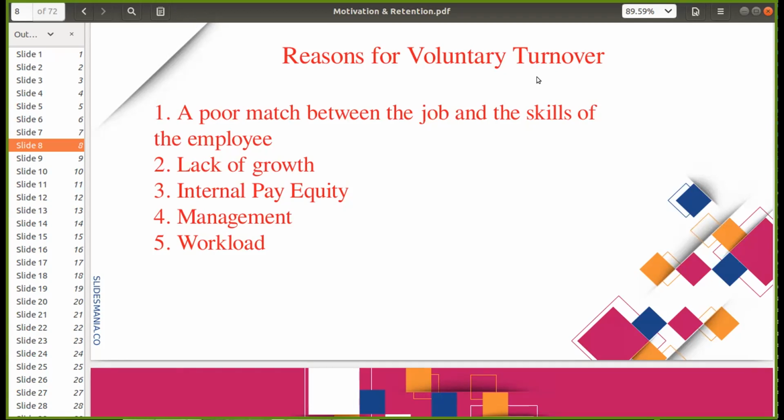So managers not being fair or playing favorites. Right? Lack of or poor communication by managers and unrealistic expectation of managers. So masyado nag-expect ng mataas doon sa employee na hindi na kayang maabot nung empleyado na yon kung ano man yung set goals and expectations ng managers.